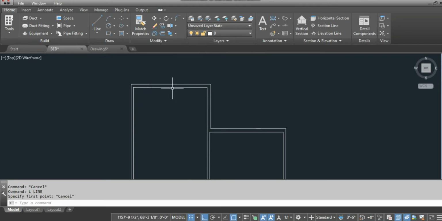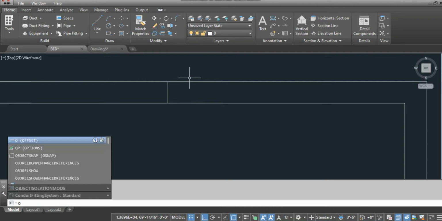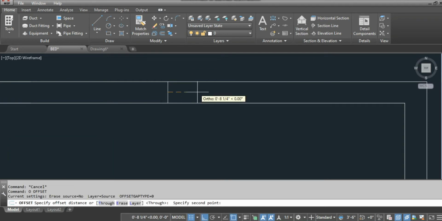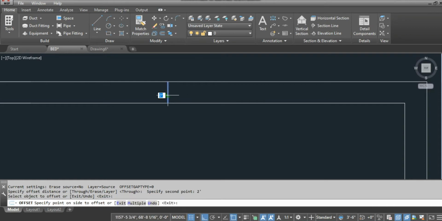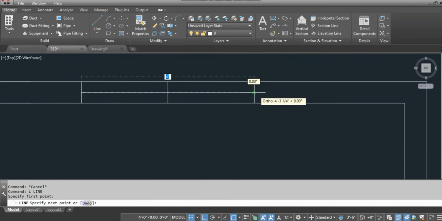So now let's draw the windows. Click L, enter, at the center draw a line, press O, enter, click, and then press 2 feet, enter, and click 2, click center, and then click at that. Escape, then again L, enter, the center point,